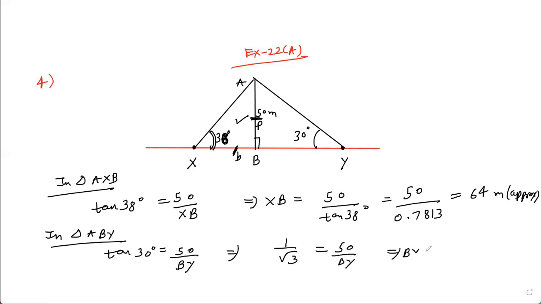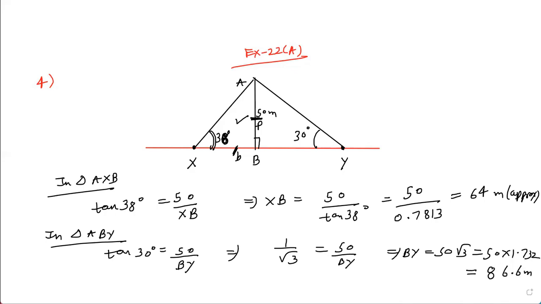So BY is going to be 50 root 3. Now we can substitute the value of root 3, and then we will get the answer. So the answer will be approximately